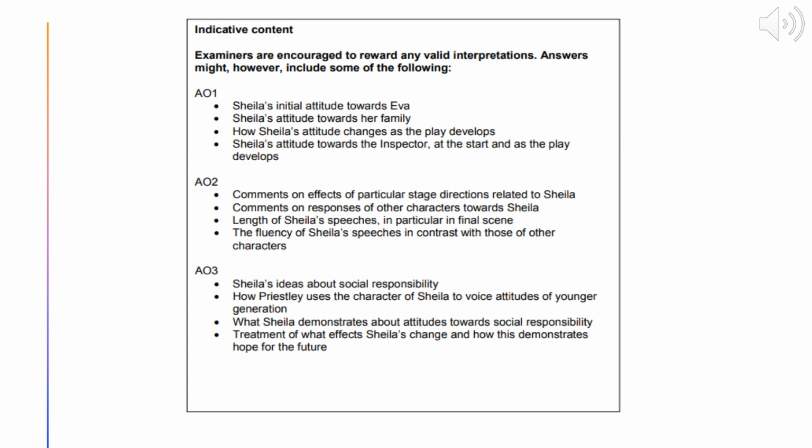As I say, these things aren't the only things you can be focusing on, but they are the kind of things that the exam board would like to see. So as you're going through planning a response, if you can possibly build your own indicative content, it might be useful. What kind of things might you want to see under AO1? What kind of things might you want to analyse under AO2? And what kind of contextual information might you want to link it to hit those AO3